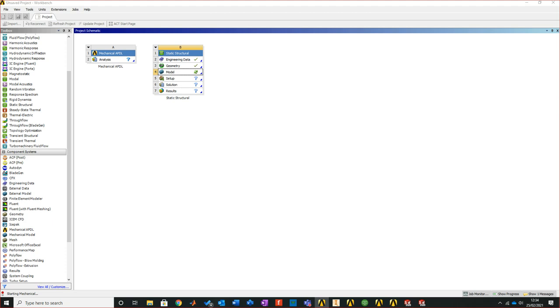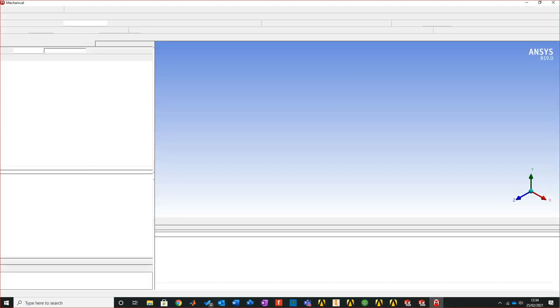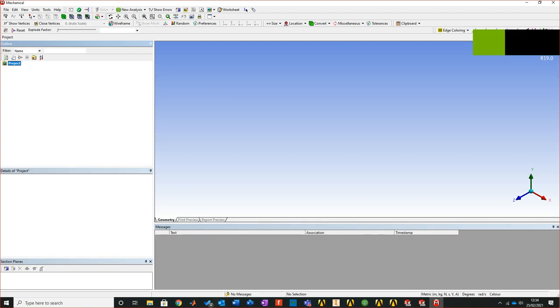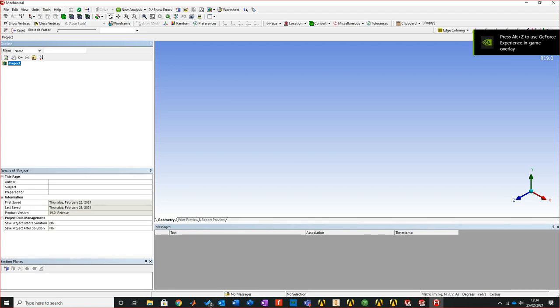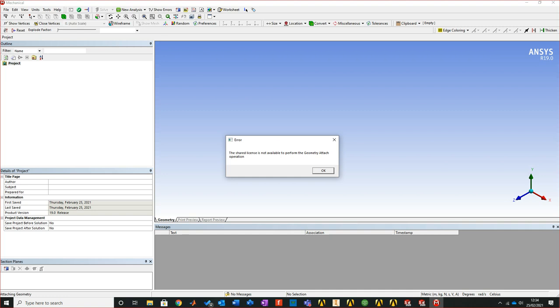Now you've got Workbench to operate with, but the one thing I do like about doing APDL is it kind of makes you sit back and go, wow, all that stuff's going on in the background and I don't have to worry about it. So it really does give you a bit more appreciation as to how the nuts and bolts of these systems actually are functioning. So the processes that we were selecting,